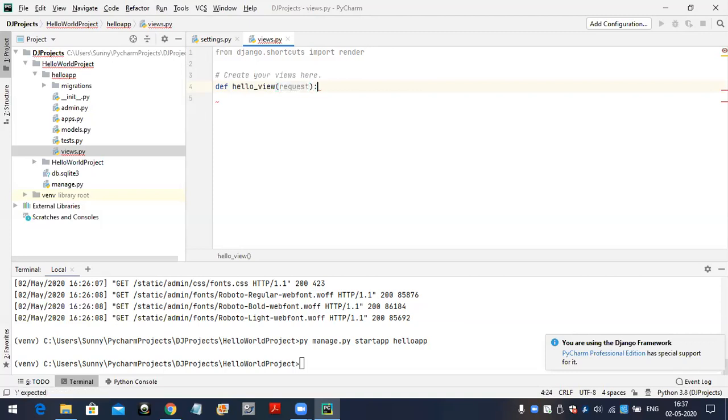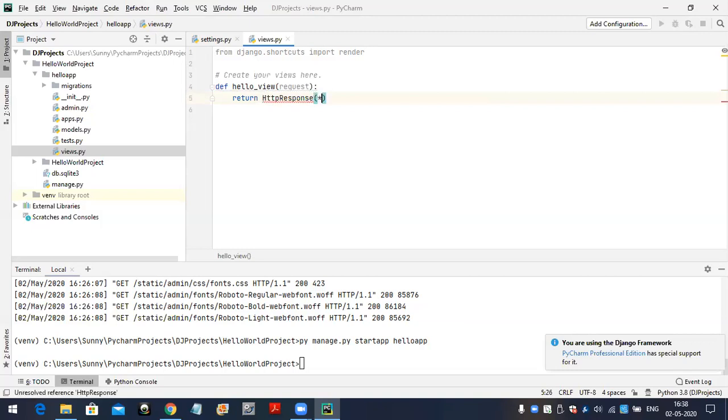colon, here return. So you are getting a request, and what we have to return is a response. Here I take the request, execute some code, and return the corresponding response. To return that response, I am not using any HTML templates, so I am going to return the response in the form of HttpResponse.